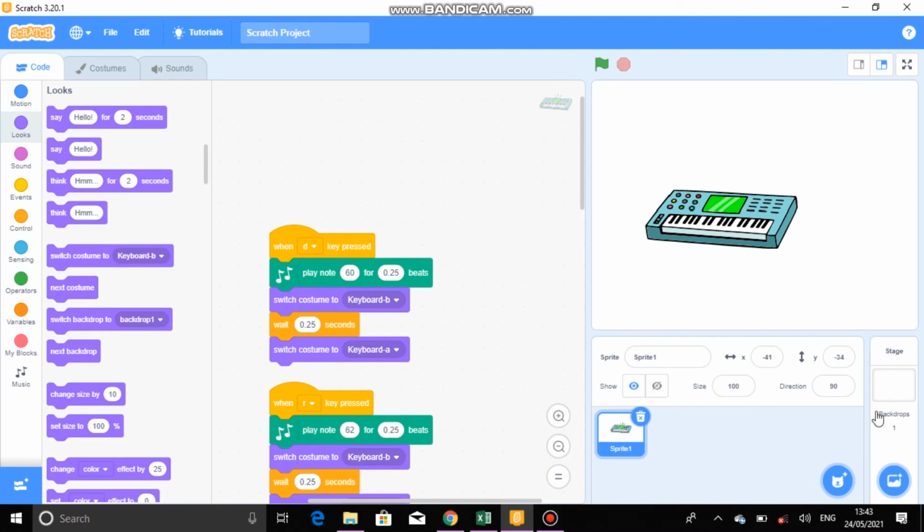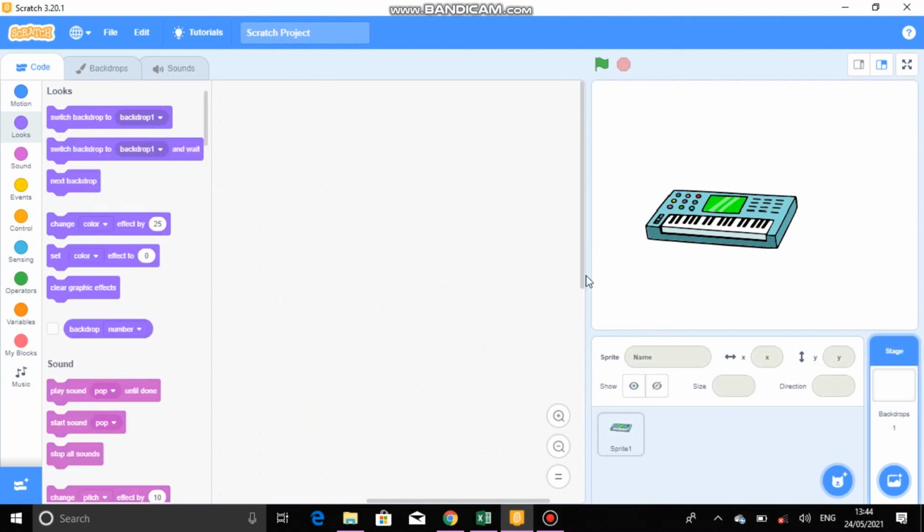Before we end this, let me also add the backdrop. Make it look beautiful. Add the backdrop. No, choose the